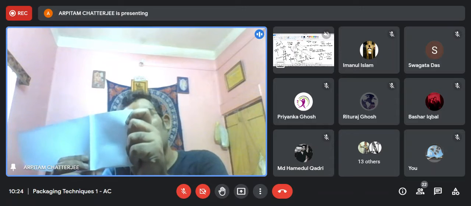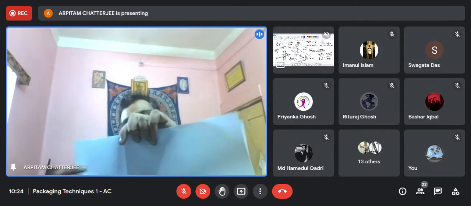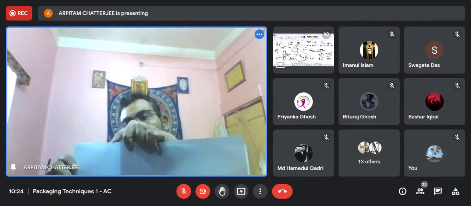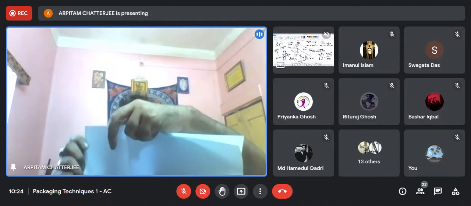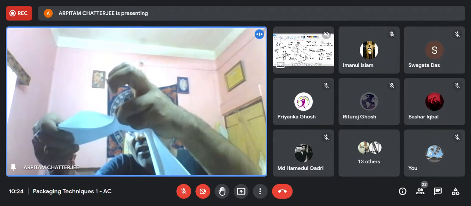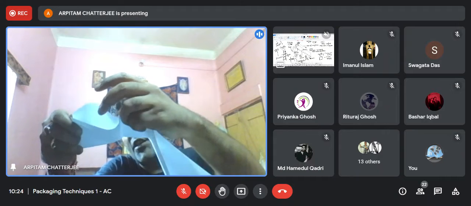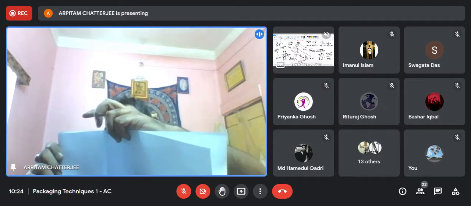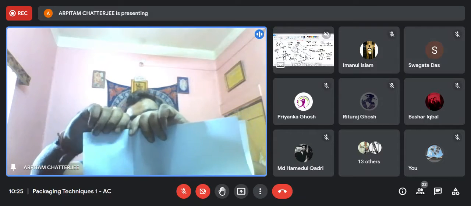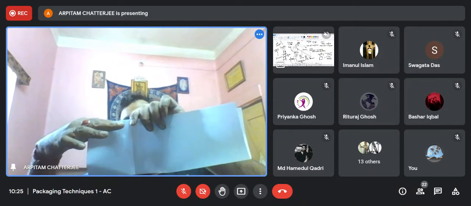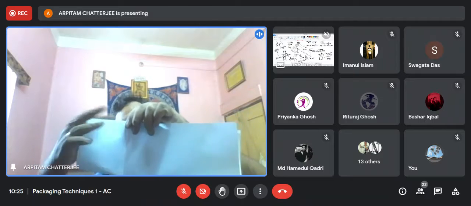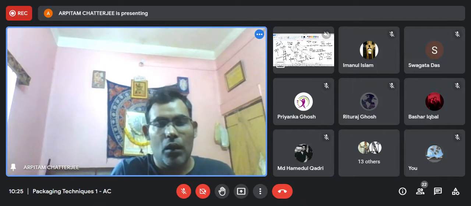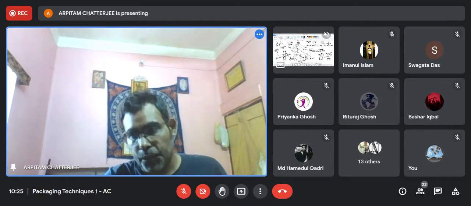Okay, then it goes further, and then comes the filling operation where this top part gets opened, and from this top part you fill the product inside it. Okay, and then it again goes forward and you have another sealing arrangement which seals the top part. Okay, and you get the pouch that you generally see.